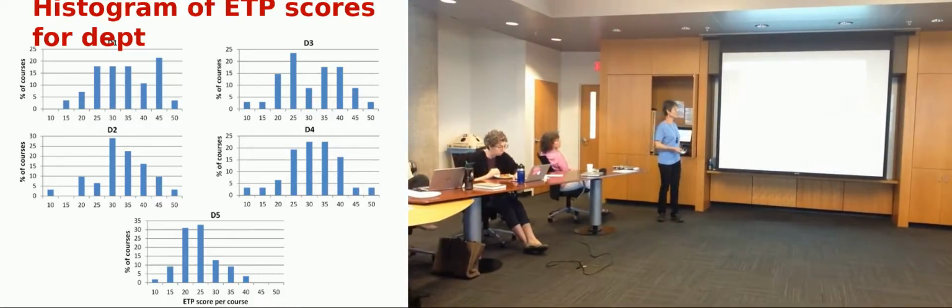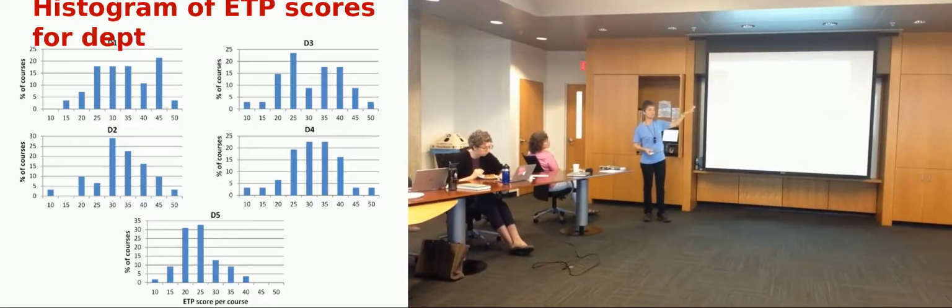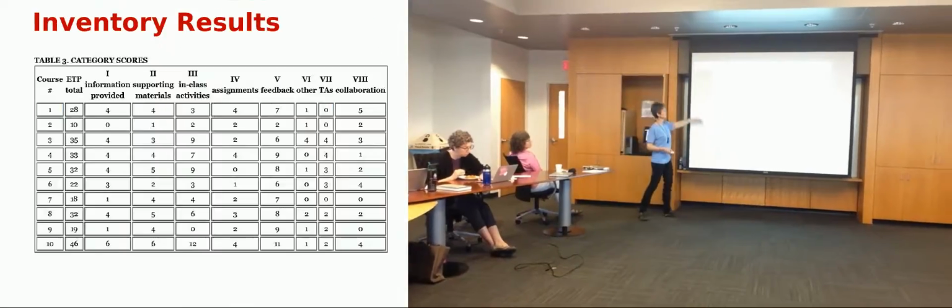overall teaching practices. So this is nice for the department if you look at the department and say, okay, I have more than half of the courses doing really well. But you want to look at the results either as a department or personally. And if you look personally at all of them, you may want to build a table like this where, again,